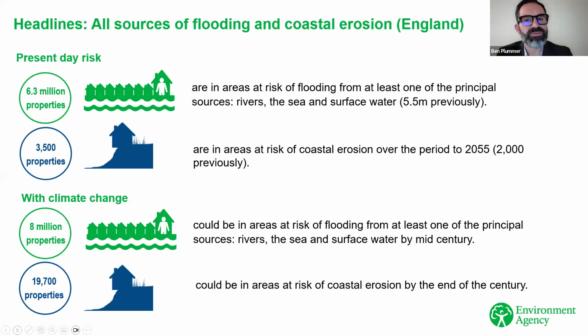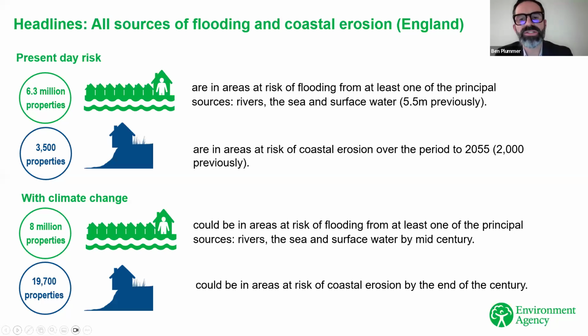And crucially, that figure assumes that the 20 shoreline management plans in place around the English coast are fully funded and delivered. Without those shoreline management plans, that figure could actually rise to something like 32,800 properties at risk by the middle of the century. So quite a good indicator of their importance, really, as documents.